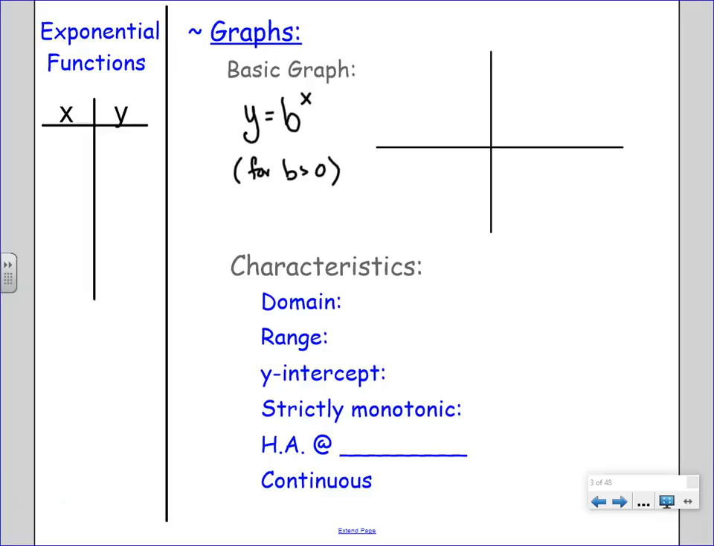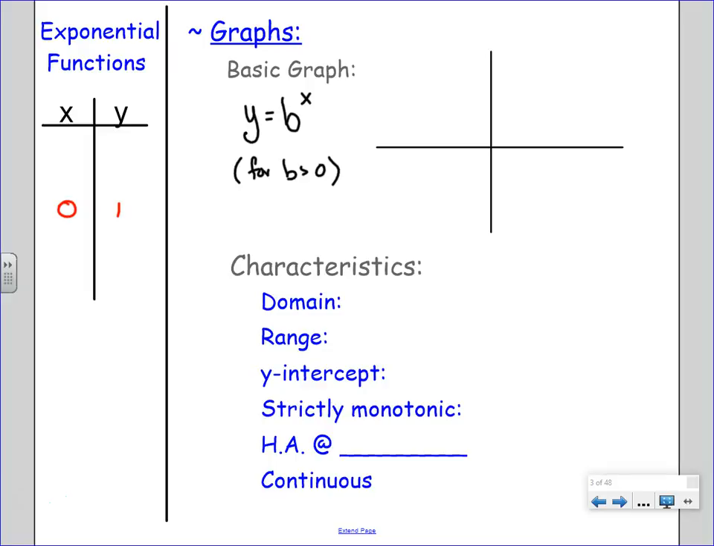If I was to plug in stuff, for instance, if I was to plug in 0, what's b to the 0, if b is greater than 0? Any number to the 0 power is weird, right? But yes, true: 1. So then I can say any exponential function that hasn't been transformed, the parent function,